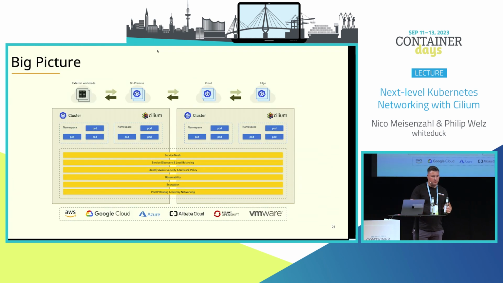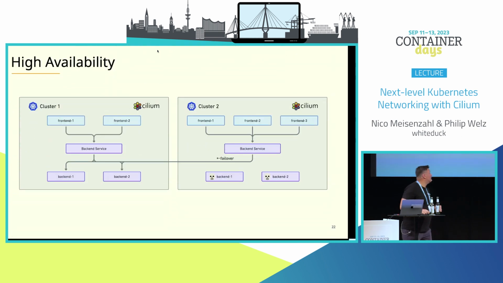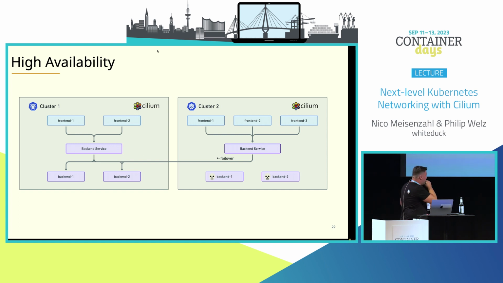And the big picture basically is we have several clusters, or two in this case. We will create a service on the left cluster. We have to create a service on the second cluster again with the same namespace, with the same name. And then we can make this highly available. This is a simple scenario where we add just high availability. We have a deployment here, a deployment there. We have the backend service, all with the same name. And when both pods die here, backend 1 and backend 2 on cluster 1, the traffic will be directed